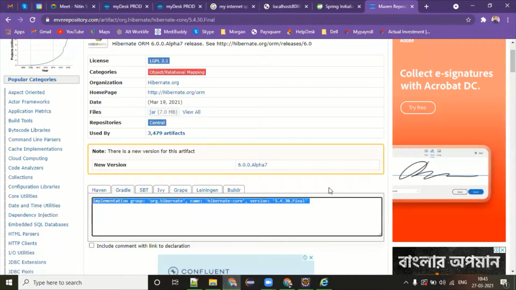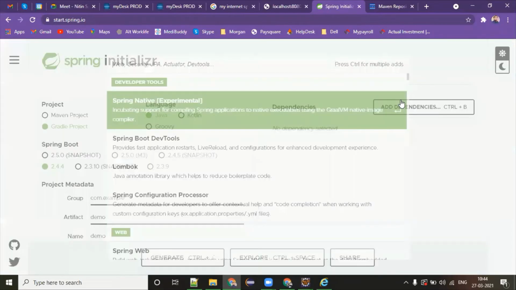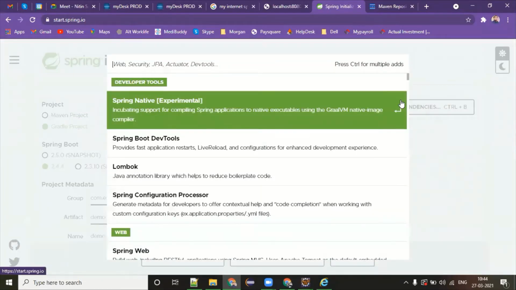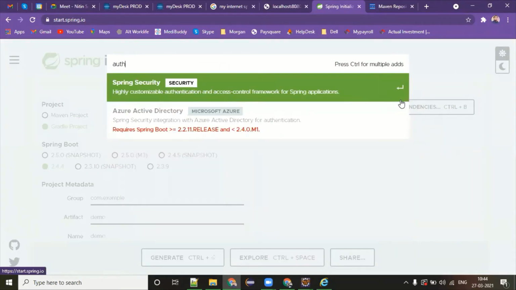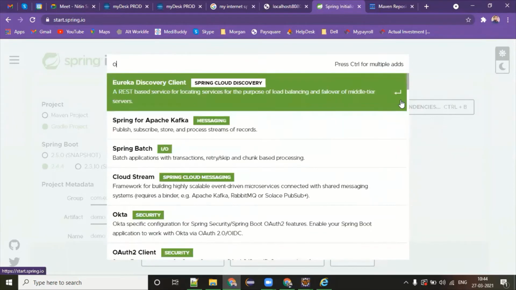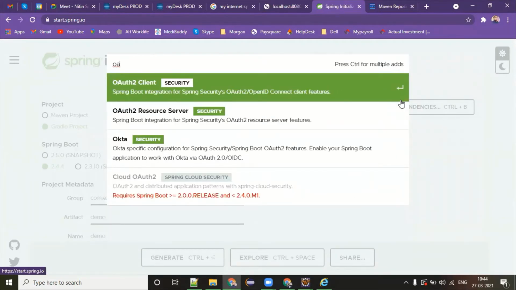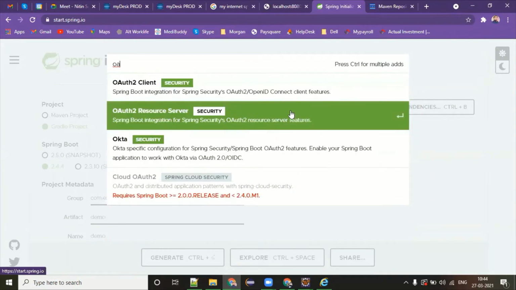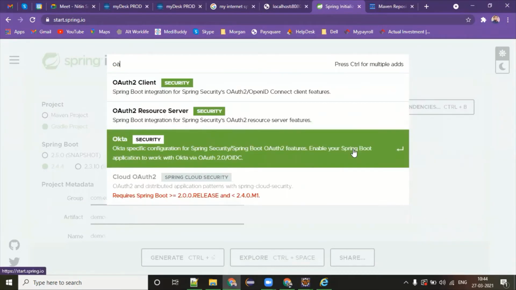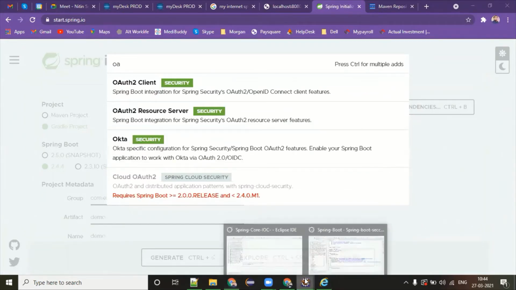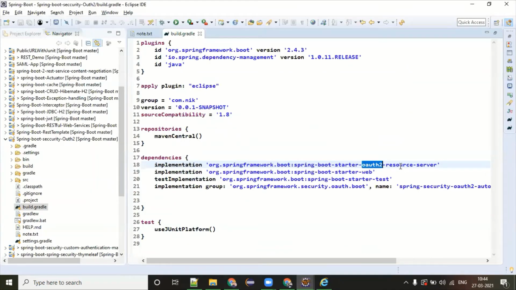So if you go here, Spring Initializer, I always get confused in this. So auth2 client, auth2 resource server. Okay, so if you look at this, I have taken the auth2 resource server.